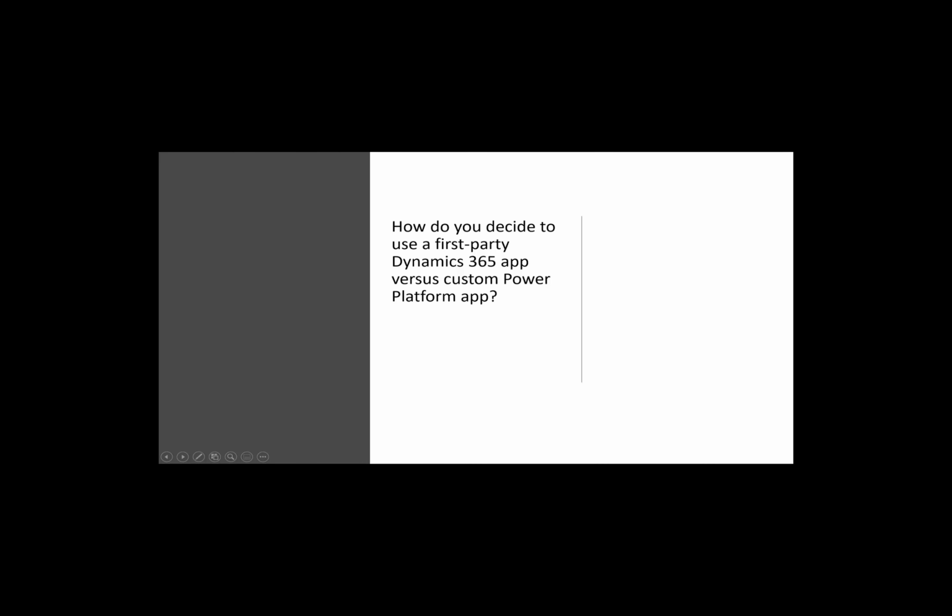Because one of the real fundamental things that we have to take into consideration is that if we start on the Power Platform, then at the moment there is no clear path to moving to the Dynamics 365 app. So if we have a deployment just using Power Apps, and suddenly we want to use the Sales app, then that's going to be a migration. We're going to have to move our data from one environment to another. So it's really important that we do get this right.